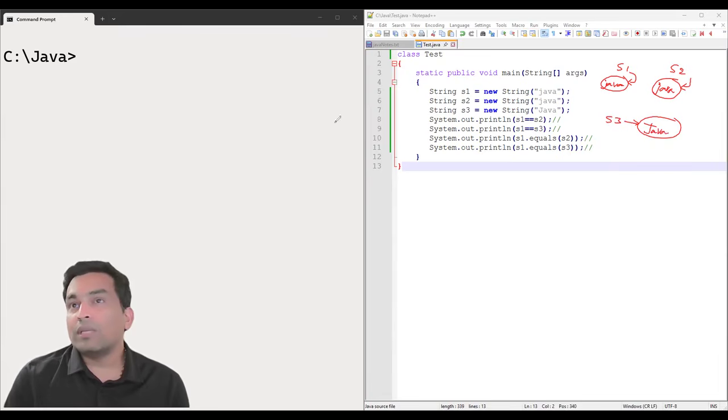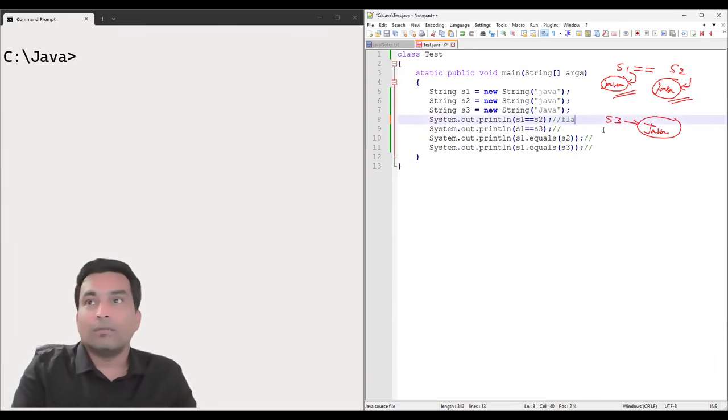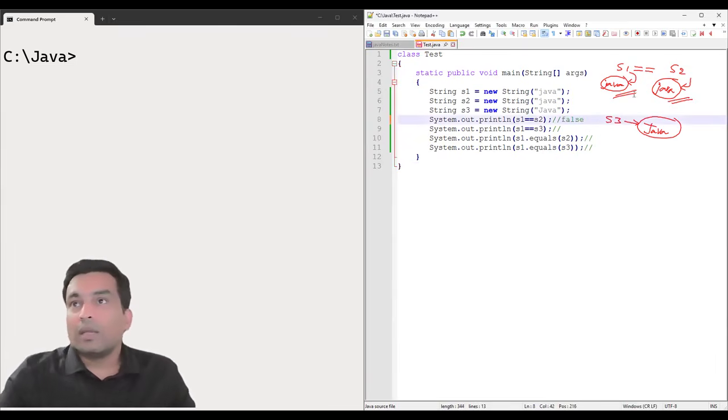So, like we discussed, double equals will try to compare the reference. So S1 double equals S2 is false because these are two different references. So we will get a false here, and then S1 double equals S3, which is also false,